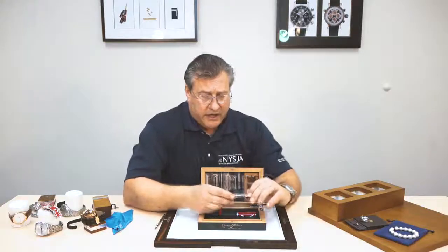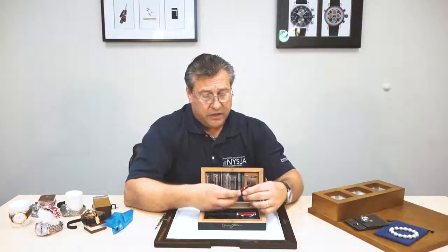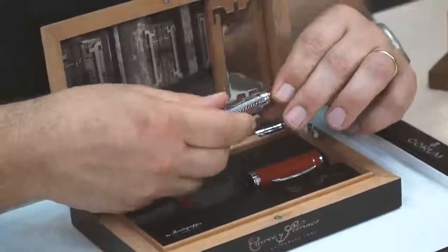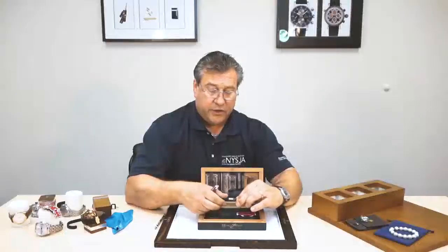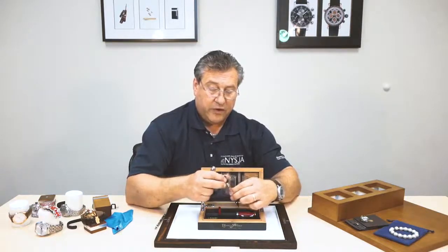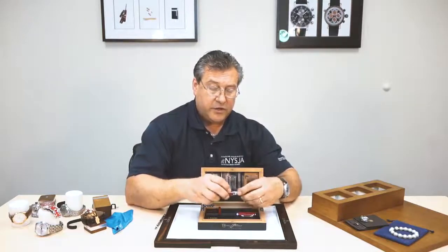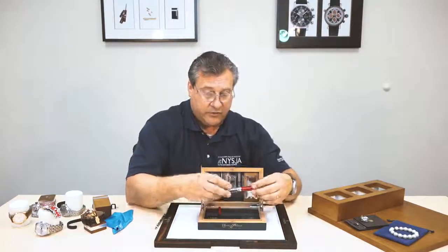The fountain pen here, in this case, has a Bock nib made in Germany, and the ebonite filler. It looks precise. I looked at it under a loupe. It's well made, and it's what they call a piston filler. So a piston filler, basically you put the plunger all the way down, you would dip that right up to the collar in ink, and then just drag that ink into the tube so you're full. You give it a little burp. I was trained, you have to burp them just like a baby. You tap it out, close it back up, and you're ready to write